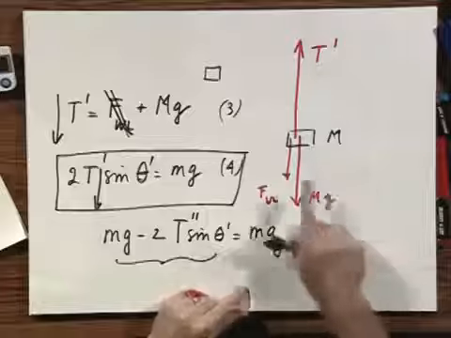I mentioned to you that T prime goes down at the moment that I let go. Don't think that T prime becomes the same value as T as we had before when Walter-Lewin was not touching them. No, T prime will indeed go down to T double prime, but will not become as small as T. It will be a little larger. And you can see that it has to be a little larger, because otherwise this object would not accelerate upwards. And if I pull it down and I let it go, it's being accelerated upwards. Give that some thought, and if you have some time, work out the equations while the motion is underway.